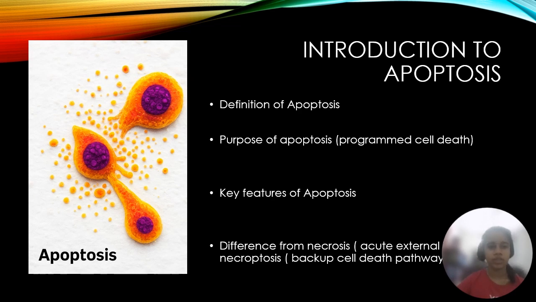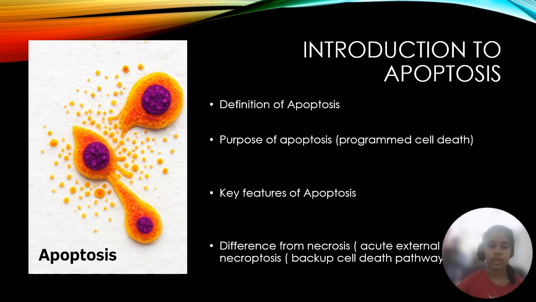Now, what are the key features? Apoptosis was first described in 1977. During apoptosis, the chromosomal DNA gets fragmented because of the cleavage that happens between nucleosomes, and the chromatin will be condensed and the nucleus breaks into small pieces. The cell will start shrinking and break up into membrane-enclosed fragments. These fragments are called apoptotic bodies. Your apoptotic bodies and cell fragments are removed through phagocytosis, which is done by your macrophages and others.